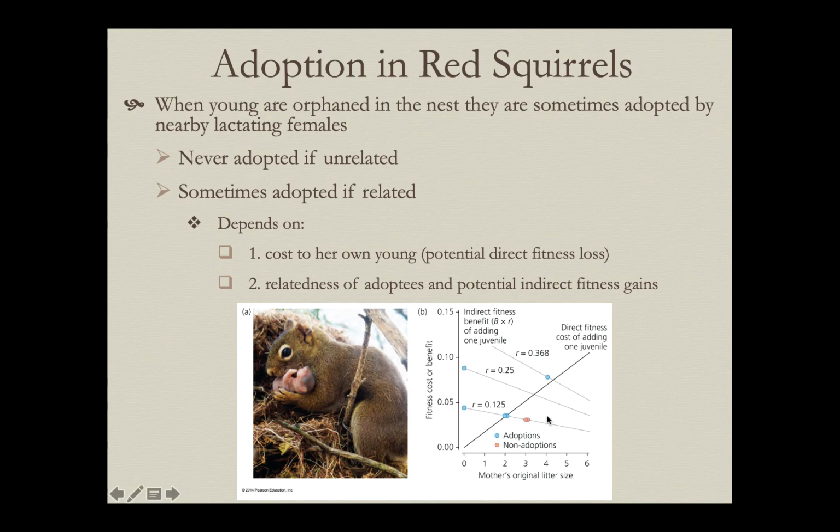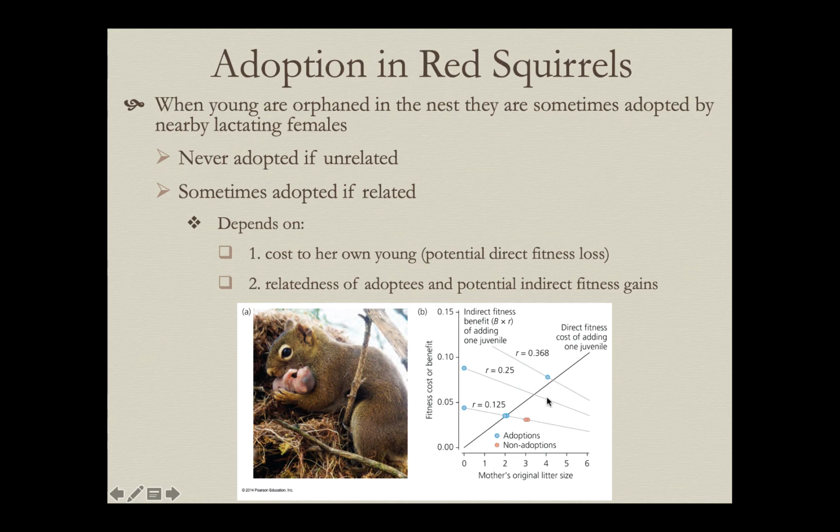And so this graph down here shows you the different options. On the x-axis is the mother's litter size, the number that she originally had of her own young. And as you have more and more young, it's more costly. So there are energetic expenditures associated with production of more independent young. Now let's look at the fitness costs or benefits associated with the indirect fitness benefits. If you have 4 young, it's just barely okay if you adopt an individual pup that's really closely related, at the relatedness of, on average in this population, 0.368. But that's about as close as you're going to get.